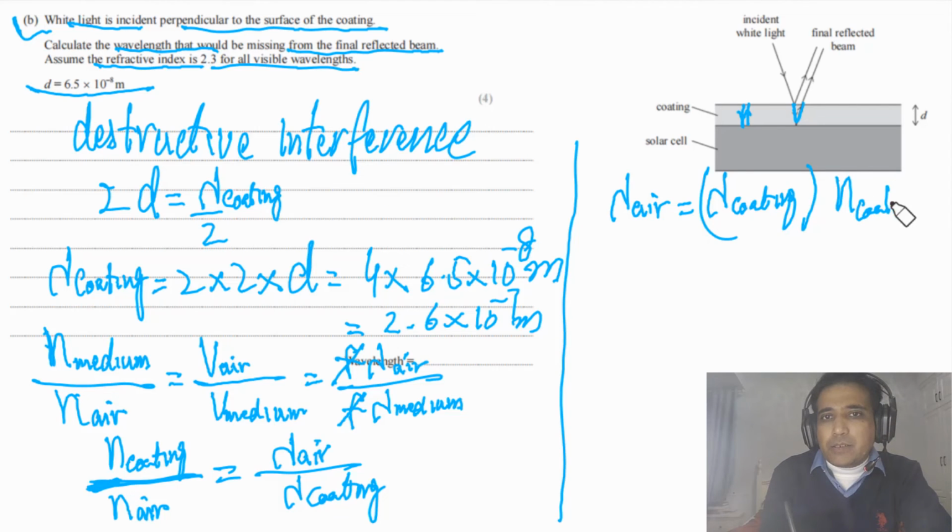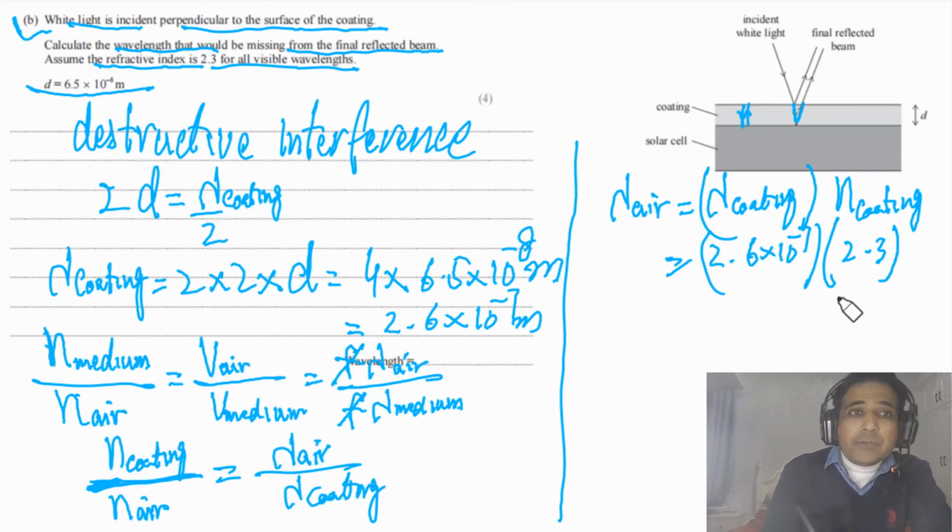So this is n of coating, and this is the wavelength in coating. Now lambda in air is 1, so we don't need to write that. n in air is 1, meaning the refractive index of air is equal to 1. Now we simply need to multiply these two. So we have lambda in coating, this is 2.6 times 10 to minus 7 meters, and the value of n is